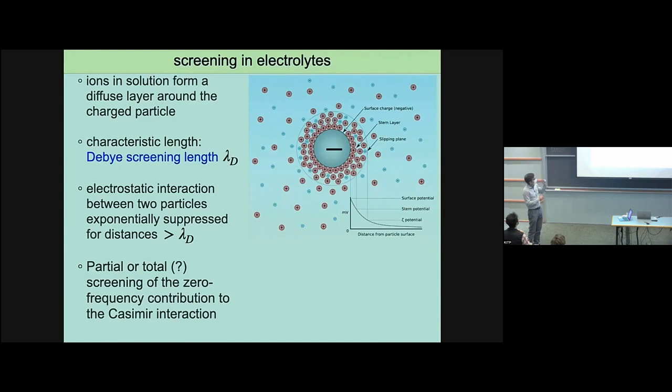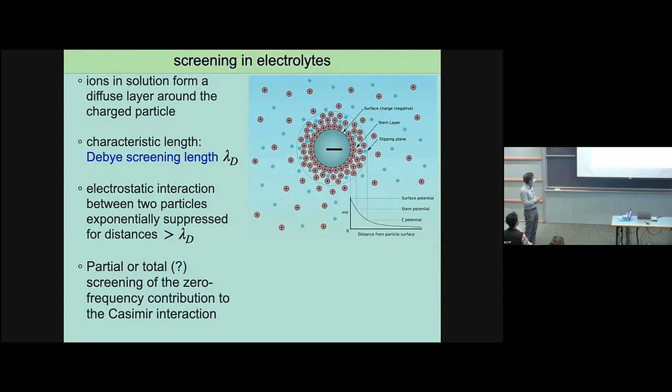So if I have another particle very far away, this other particle is going to feel just the total charge. So this is the screening effect. There will be a suppression of the electrostatic interaction because this diffuse layer tries to neutralize the charge of the particle. Right? So this electrostatic interaction is typically exponentially suppressed over this characteristic length scale that we call the